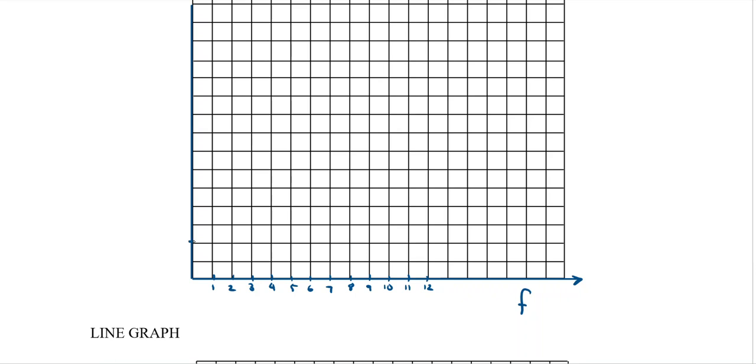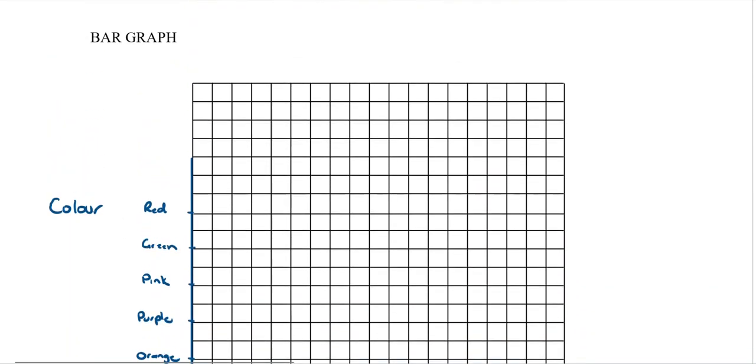Then on the vertical axis is going to be our colors. So we're using every second space for these. And we have our blue, our orange, our purple, our pink, our green, and red. And label that with a title on the side here, which is the color that was chosen. While we're at it, let's put our title in. 7R's favorite color.